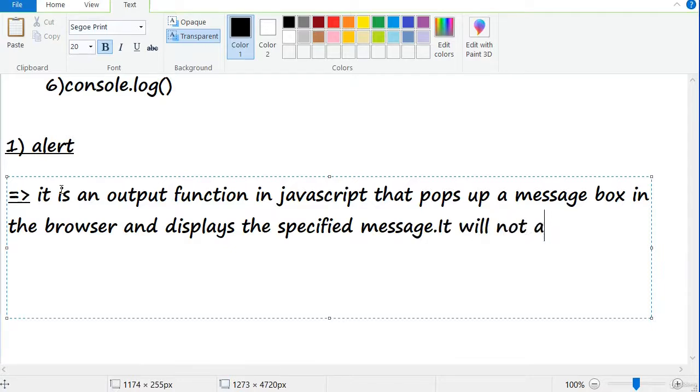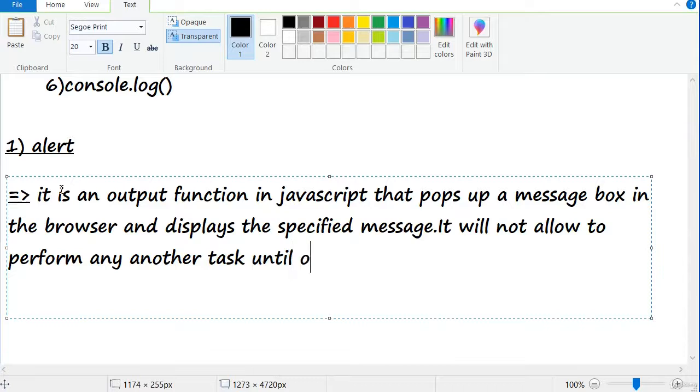It will not allow you to perform any other task until or unless you confirm the message.